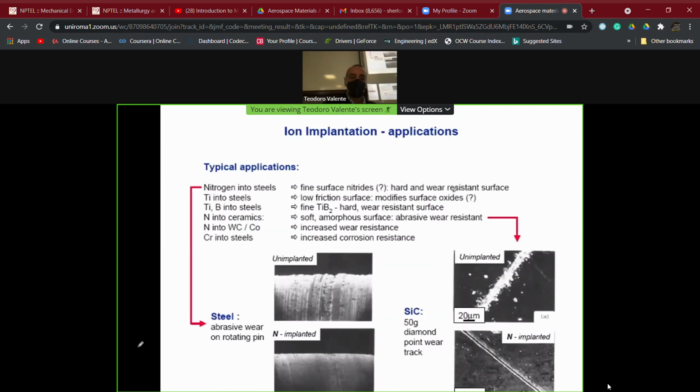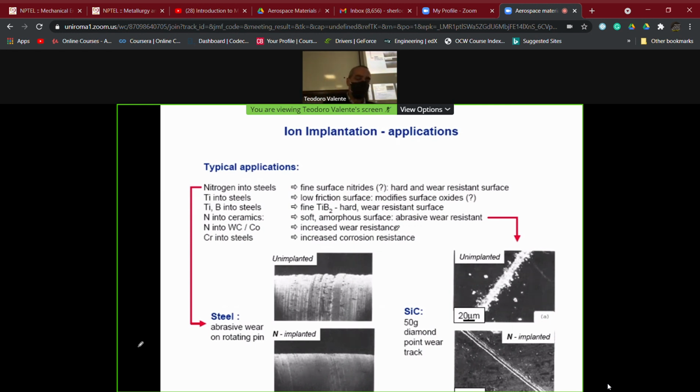This has been made essentially by implanting nitrogen, titanium, or chromium, in order to increase the hardness response, that is, the abrasive wear resistance of the materials itself. It has been made also onto polymeric materials, but it's a sort of niche, not so used